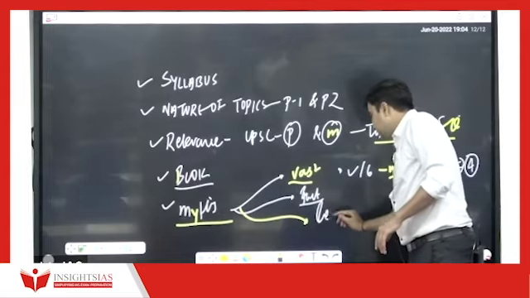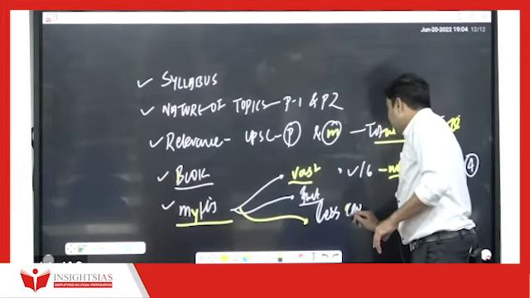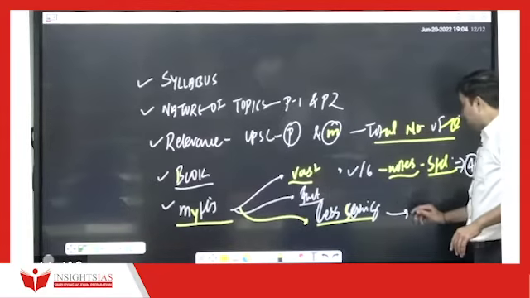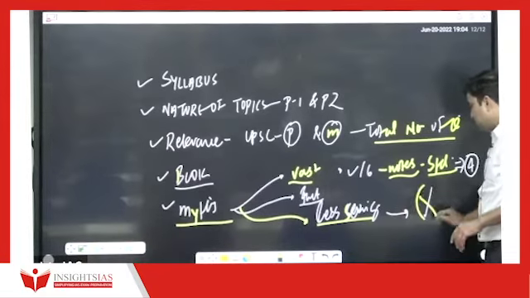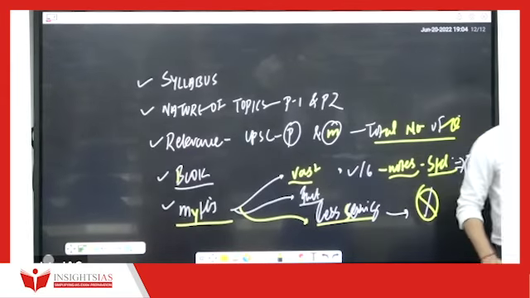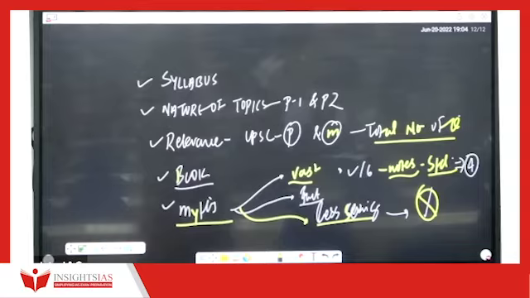Next, it is a less scoring. Less scoring. Is it a true? I will tell you. यहाँ पे कहाँ पे मिलेगा? It is absolutely a myth. Absolutely a myth. I have a data. I will tell you the names also. So data says